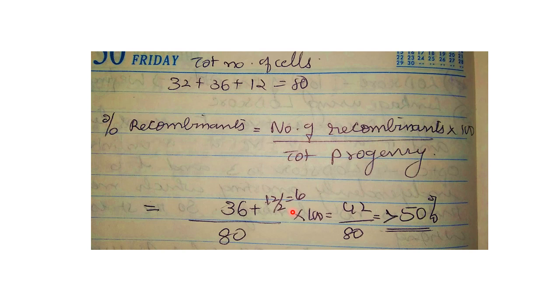3 into 4 we did, that is coming out to be 12. So total cells in type 3 tetrad is 12, and out of 12, 2 are recombinants, so that will be 6. So 36 plus 6 divided by total progeny 80 into 100 will be greater than 50%. So it is greater than 50%, which means linkage is absent. So if you see option A, MT and PPT loci are on 2 different chromosomes. So that is correct.